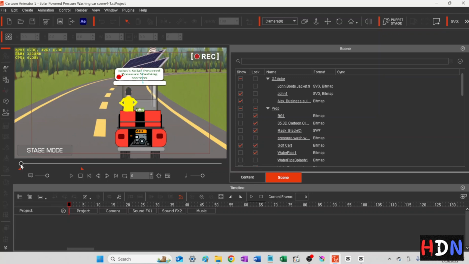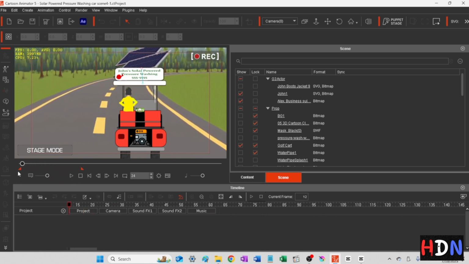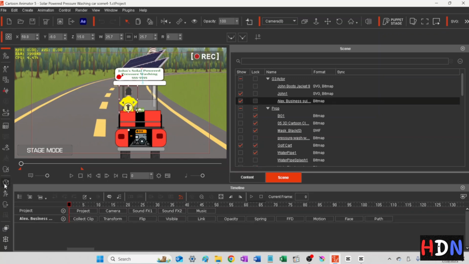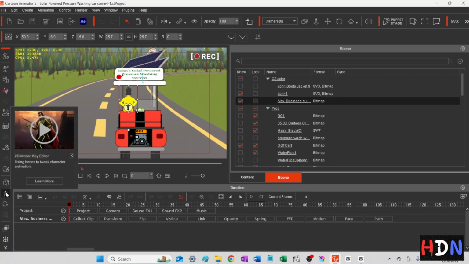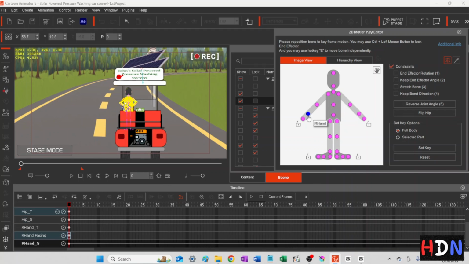I need him to be, he's coming in here and doing this to the dash, but I want him to wave off this way. So we're just going to come in and do that on John. We'll have to highlight him and hit the 2D motion key editor. All right, and I'm going to want to select his arm here. And I'm going to bring this out